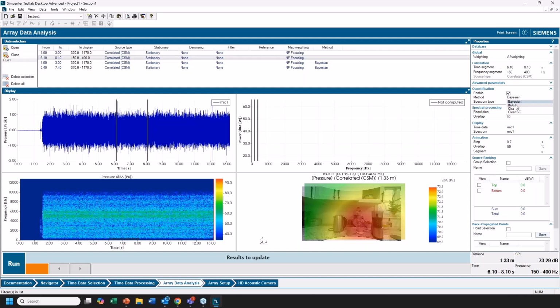Because the microphones on our sound camera are arranged in a non-row and column pattern, more of a spiral, right? Yeah, spiral. That's a good way of putting it. It's not rows and columns, but more of a spiral pattern. We can use what's called a holography algorithm to get more information out of that low frequency and really see where things are coming from. I like to use this Bayesian method, which is similar to the holography algorithm, but does some different things in the background to account for different distances that I may be from the object that I'm measuring.